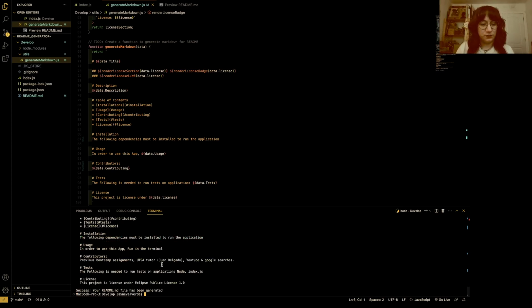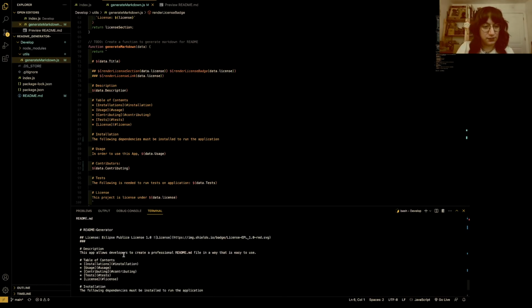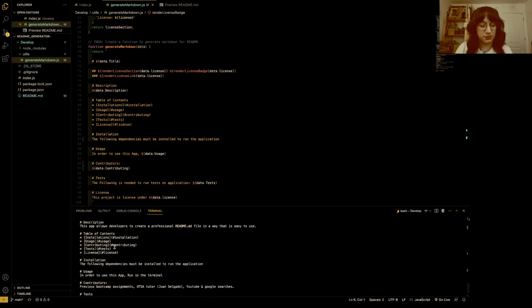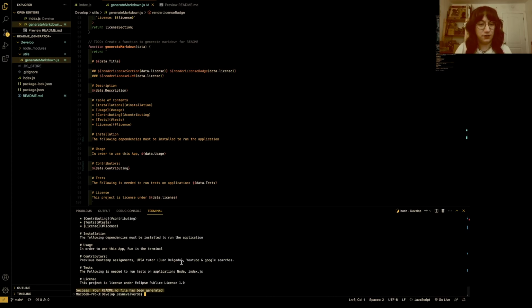Perfect. So here we have a success, console logged. Your README file has been generated. It's good news. You can see here the generator and all of the little sections that were created in this section, the markdown, right? All of our answers are here. See. And then if we do a little preview,